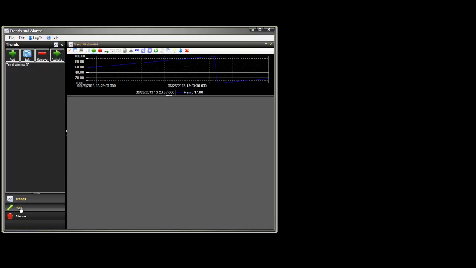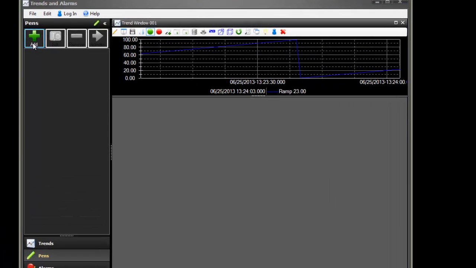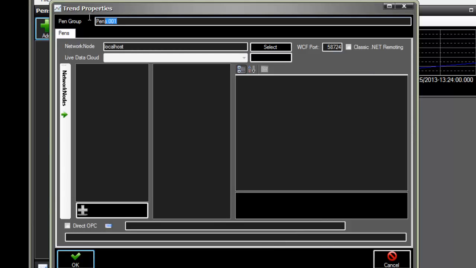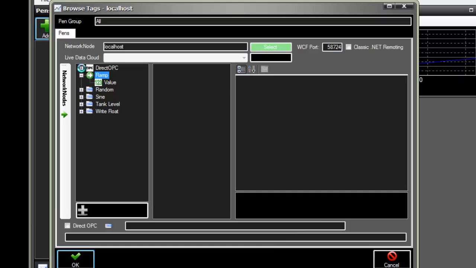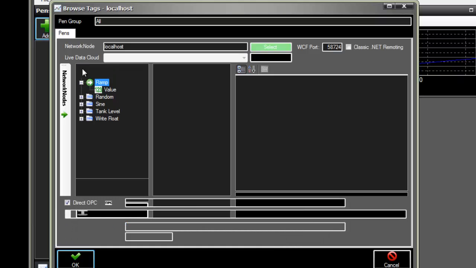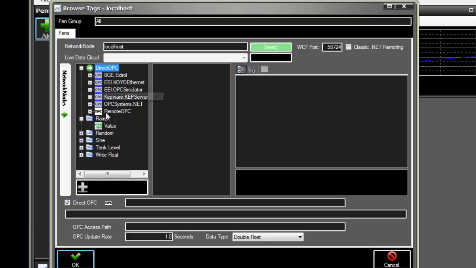If we move down to the pens group, the pens is a selection where you can specify pen groups. Let's add a pen group. You can give it a name of what you would like. I'm going to call this one All. You can select the node where the data source is going to come from, so you can then browse for those points. Notice I can also browse directly for OPC items coming from OPC servers using direct OPC if I